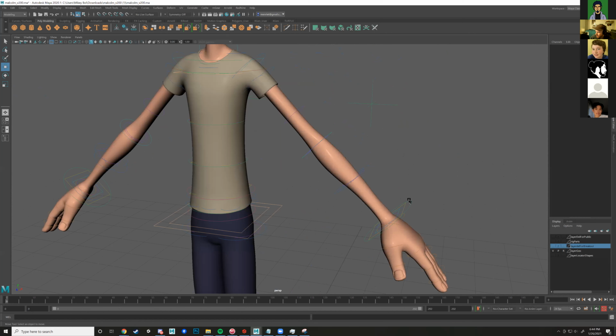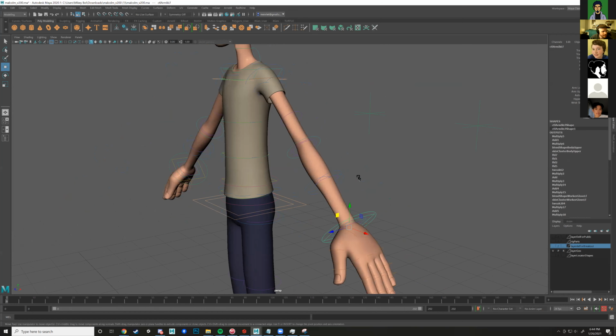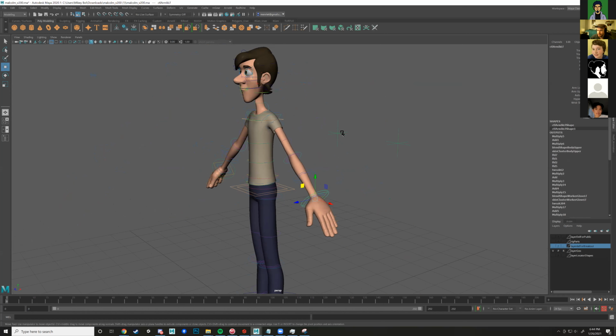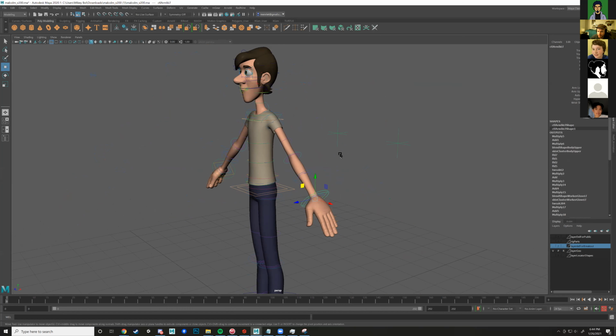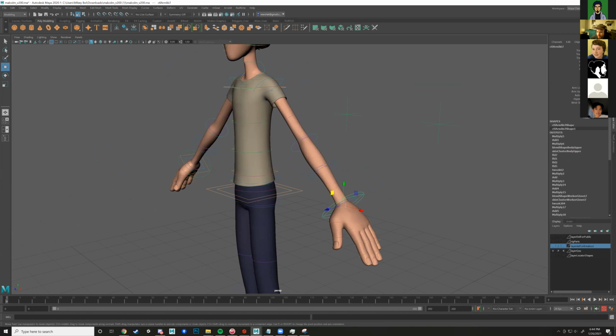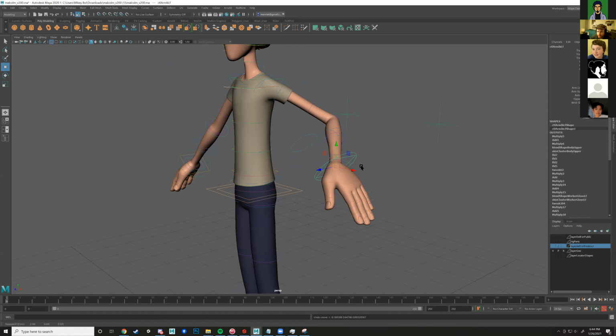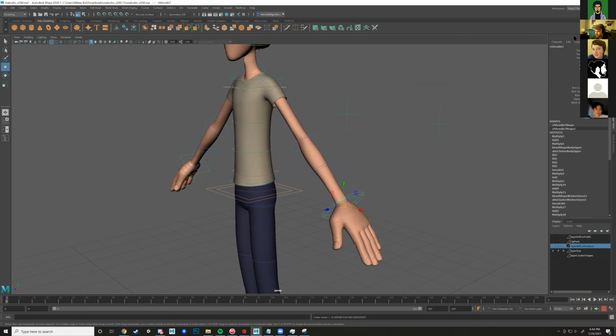Let's see if the hands have some. How do you bring a rig into Maya again? Oh yeah, let's cover that first. Well, let me say actually no, this is a messed up scene anyways. Let me test one thing real quick. There we go. Okay. Yeah, so a lot of the times in your channel box over here, there'll be a